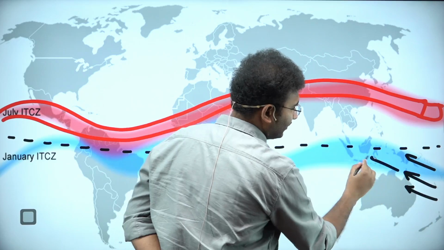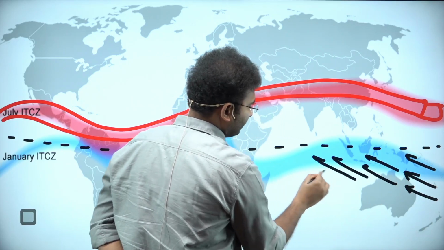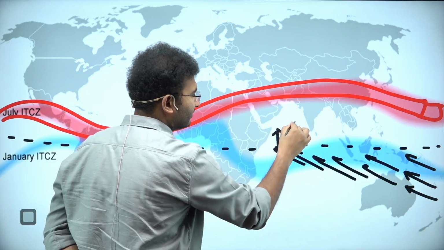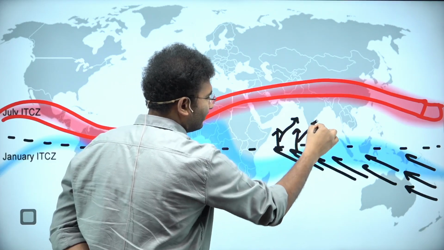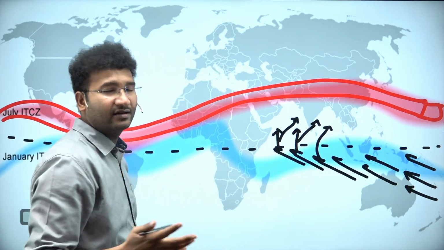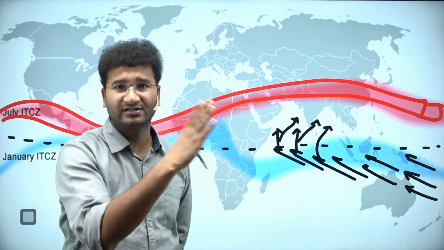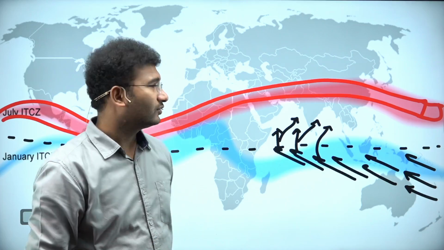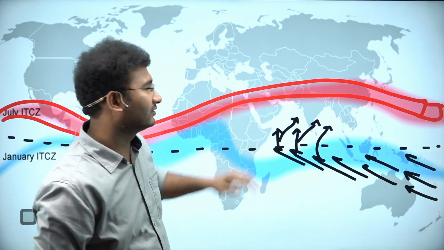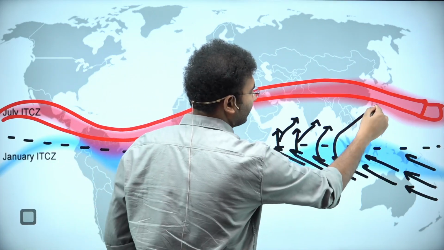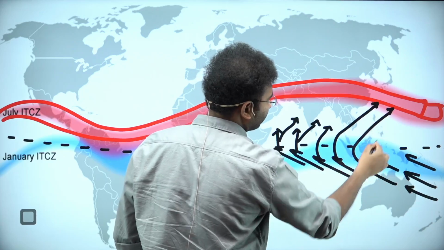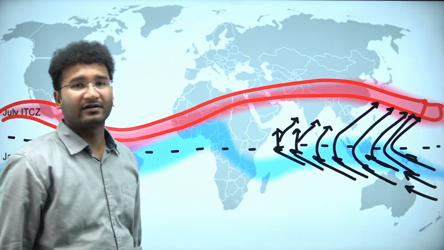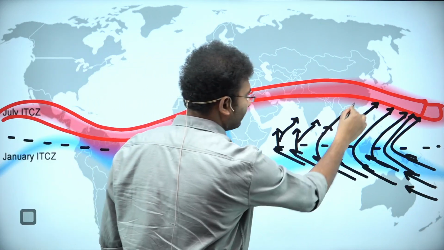So these southeasterlies, what do they do is, they wanted to come towards the ITCZ zone, for which they cross the equator and they tend to turn towards the right, because the Coriolis force in the northern hemisphere is towards the right and the Coriolis force in the southern hemisphere is towards the left. So any wind which has crossed the equator is going to tilt like this. Any wind which is going towards the northern hemisphere is going to tilt, right? It is going to tilt